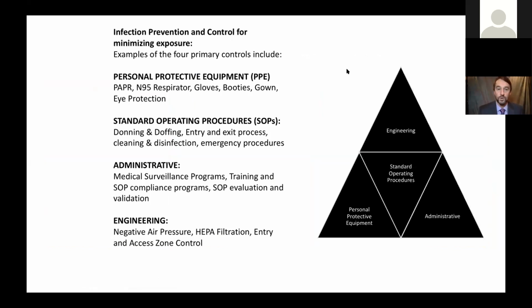Again, we've talked about these infection prevention controls and how to minimize exposure. We do risk assessments. We look at administrative controls and engineering controls. A lot of hospitals I've gone to now are modifying rooms by taking windows out, putting in extraction fans, creating negative air pressure, or just creating a unidirectional flow of air to create high turnover of air. When we look at our standard operating procedures, we don't just keep those. These are evolving and we change them all the time based on the situation, based on the people, based on the person we're working with. Everyone's different. We look at entry and exit processes as well as our emergency procedures.